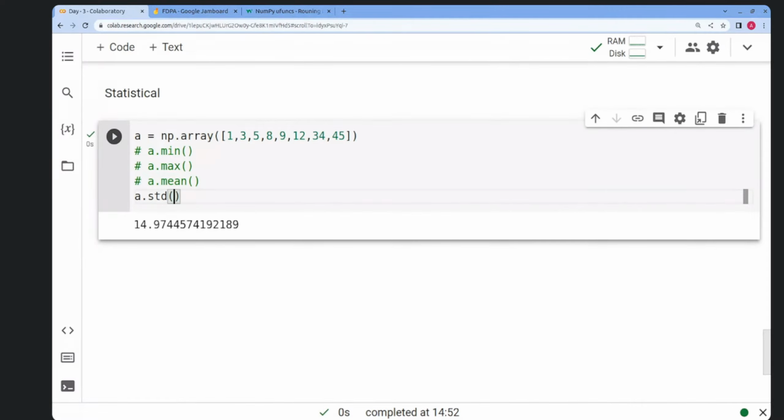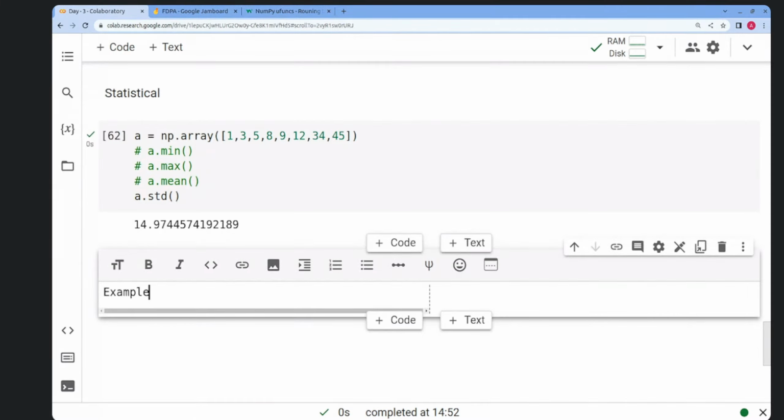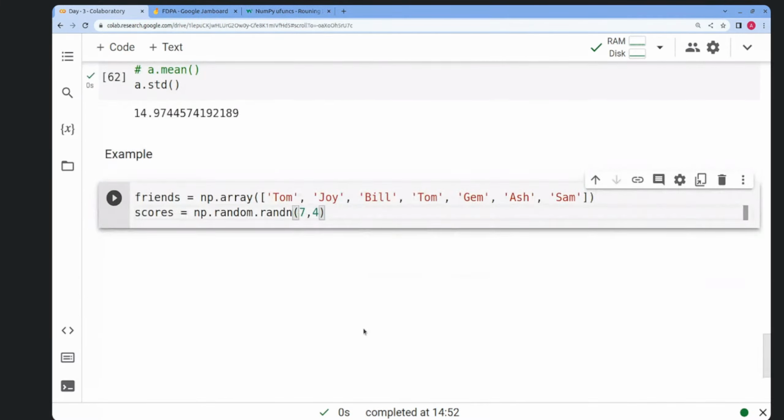Okay, now I'll try to give an example. We'll take a question. So please look at this example. If you see here, I have an array which consists of strings, and I have another array for which I am trying to generate random numbers which are going to be 7. So if you want to see the output of this,